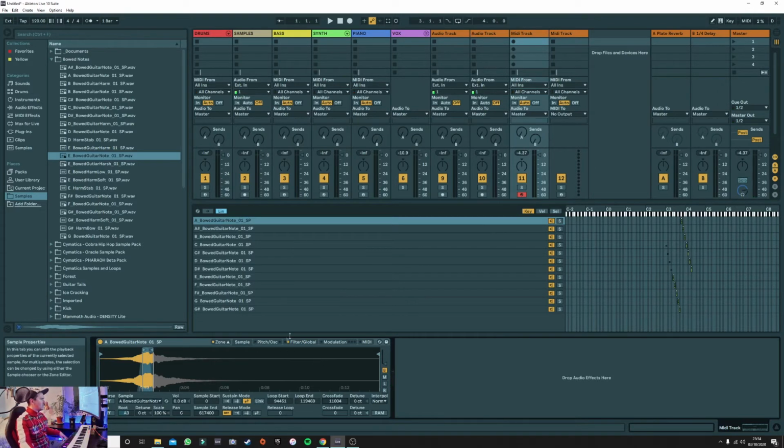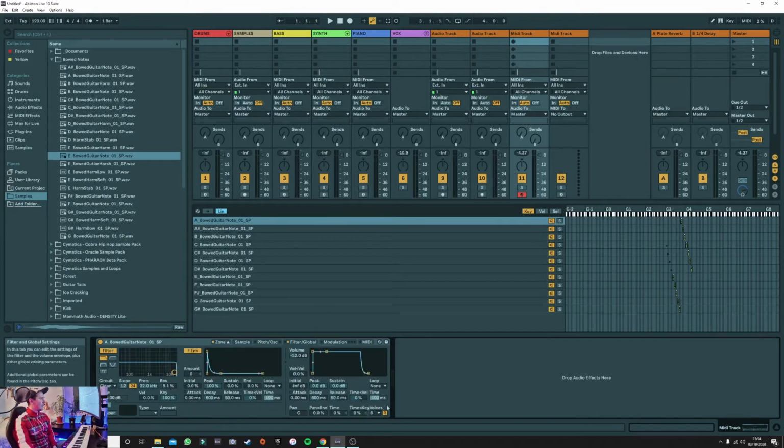One thing I forgot to mention before getting started is the release. You hear how it just stops? This kind of note, you kind of want it to fade out, have like a longer release, and you want that for all of them. So you just want to go to the global settings on the sampler, and just here in this last module, which determines this kind of main attack, decay, release, I'm just going to take the release up to